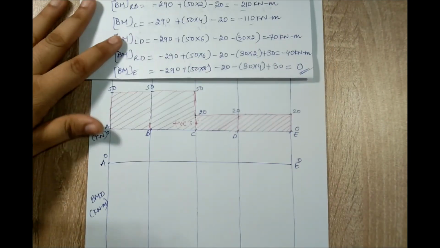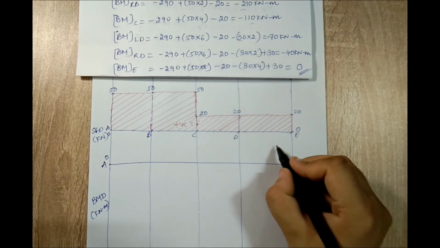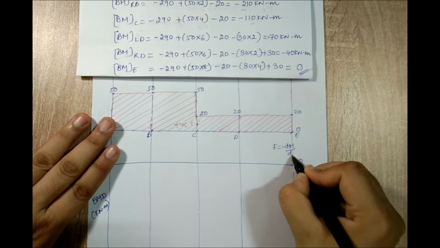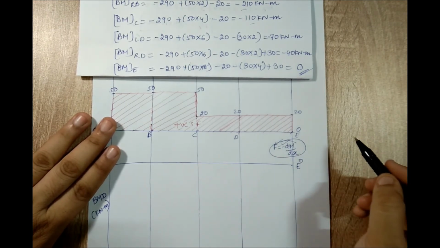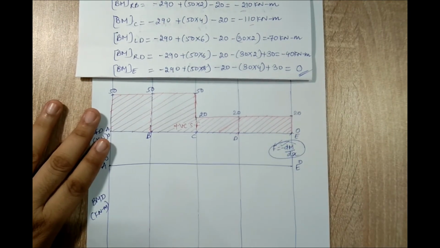Now here I want to show you one thing, that I'm going to get the graph in downward direction, which I have already understood from the values. But if you see, the direction of shear force and bending moment is different. If you recollect, we have done a derivation that shear force is equal to negative rate of change of bending moment, which means the direction of shear force and bending moment are opposite. You can clearly see that from this numerical.